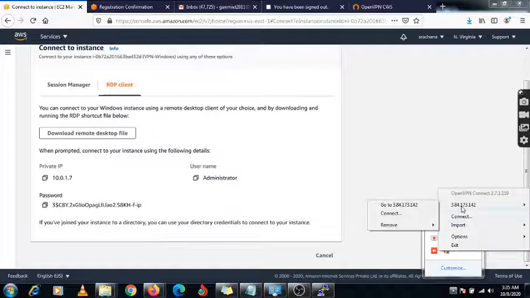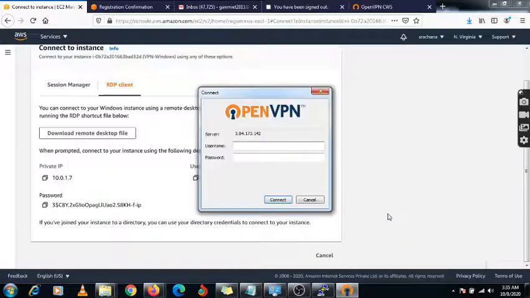It is not going to connect. We can check it using this connect option.